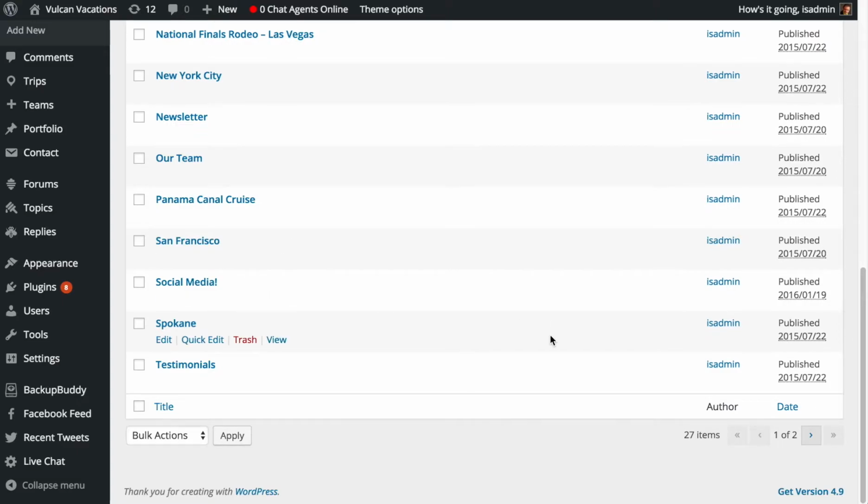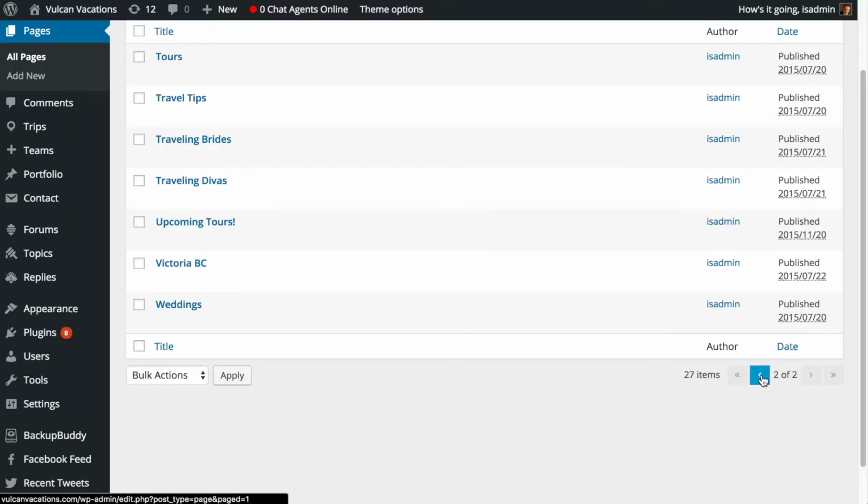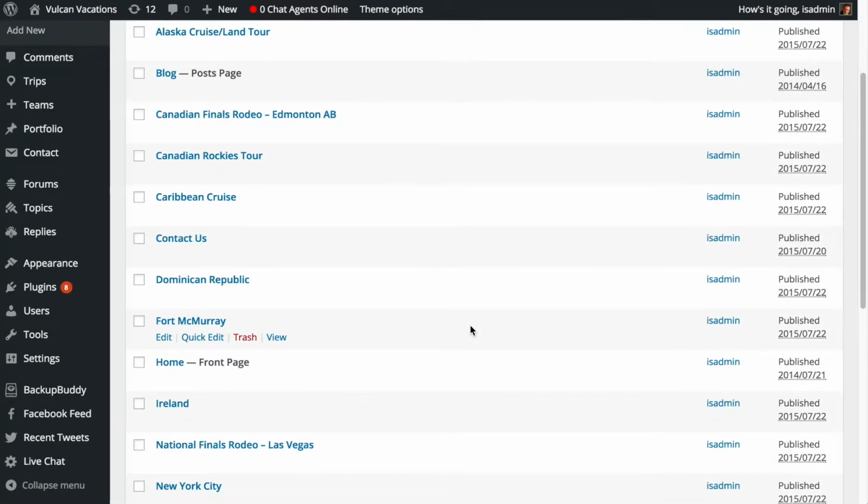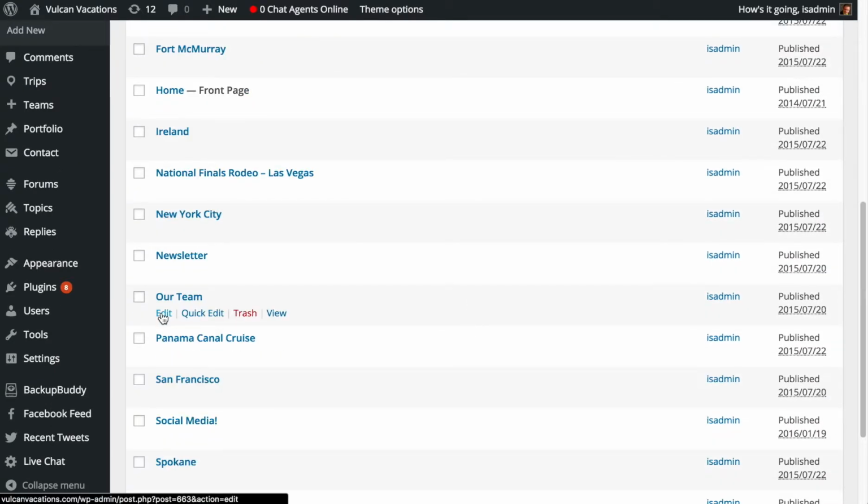Just a quick point out here is that at the bottom right, you'll see that there's an arrow. There are more pages on the next page. If you click that arrow, you go in and you see the remaining ones as well. But we're going to go back right now to our agents, and I will show you how to add there. So click Edit,